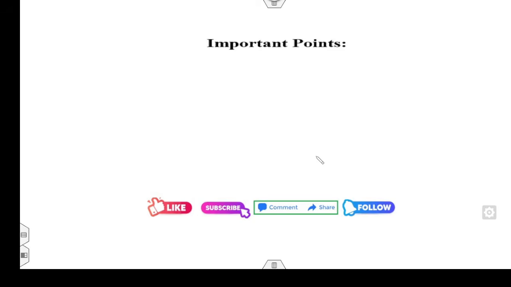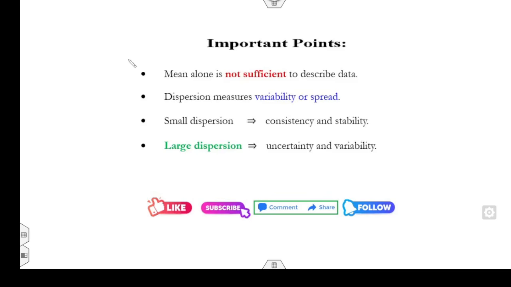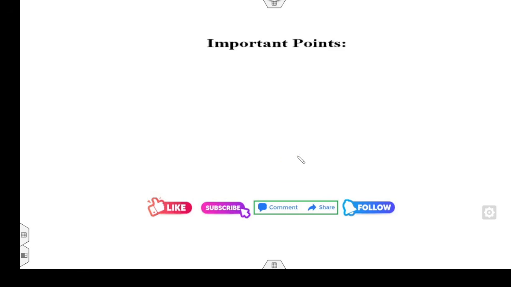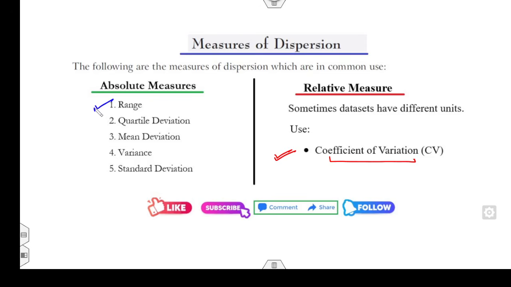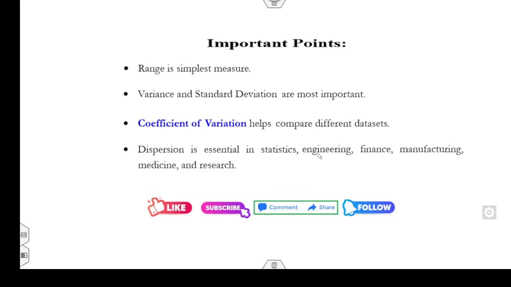What are the important points that you have to keep in mind? First of all, the mean alone is not sufficient to describe the information. Dispersion is always a measurement of the spread. Small dispersion means more consistency, more stability. Large dispersion means there is a large variability, or we can say there is a large uncertainty. Out of these measures, the range is one of the simplest measures, while the variance and the standard deviation are the most popular